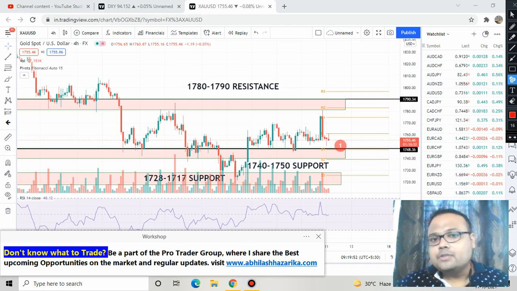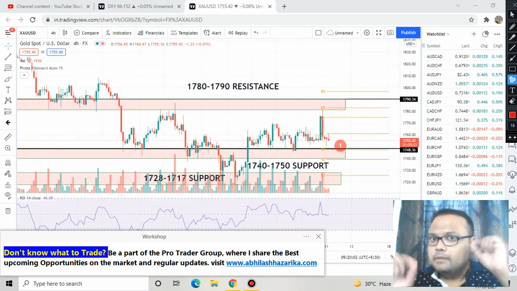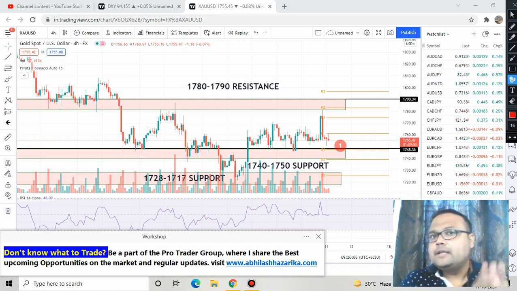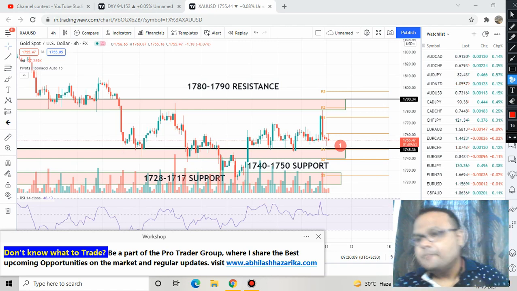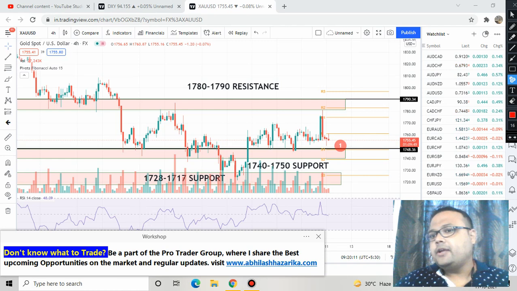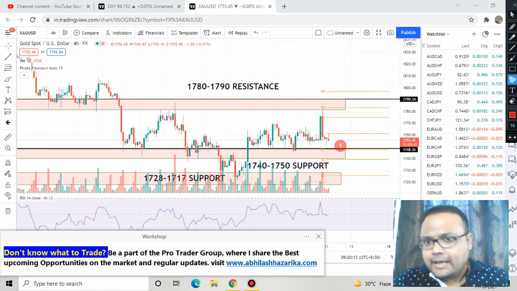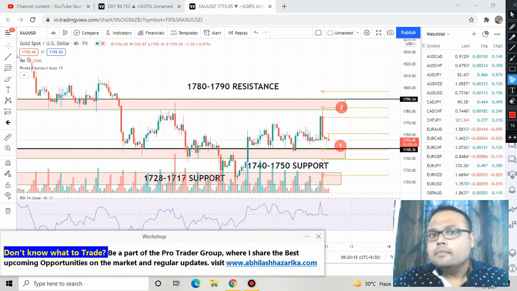if the market bounces from 1740 to 1750. Yes, 1750 to 1740 is a strong support. If it bounces from this level, we can go for a buy. Last week we saw that whenever the market came down to this level, we made money. So this is the first trading opportunity, and in case it goes up, then we can get a